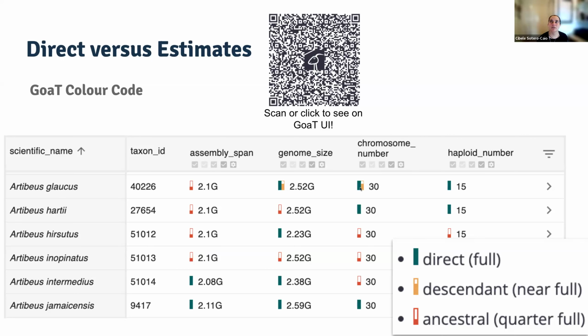So if we are doing a search of all of the genera and we get a list of all of the genera, for all of these attributes what you'll see is just orange, because it's all coming from species. And then as you go up, you can see orange, but you can see also red. So orange is more reliable because it's coming from data you can see, and red is coming from an ancestral value. So it's probably not as reliable, but as we fill up the tree with data, these will start to change. As we compute all of this again and again overnight, the more taxa and more data we add, it starts fixing itself.